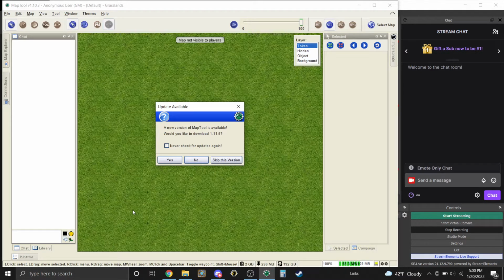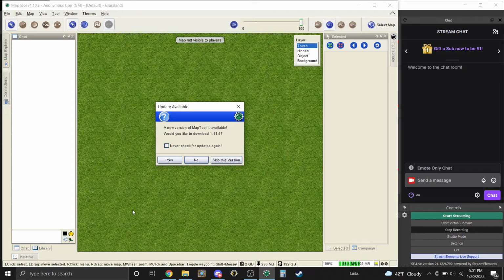After you have downloaded Maptools using the appropriate links found in the Discord, and the campaign file, Civic Props, also located in the Discord, you will want to open Maptools after you have finished downloading it. And when you do, this is what you should see. It should, if you download the appropriate version,